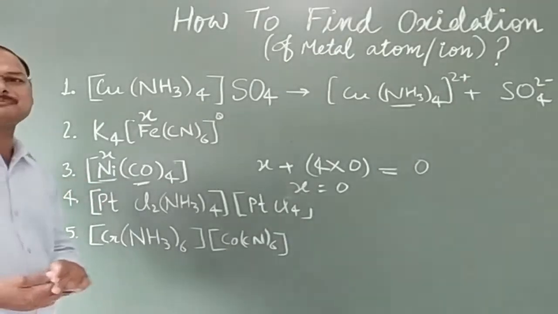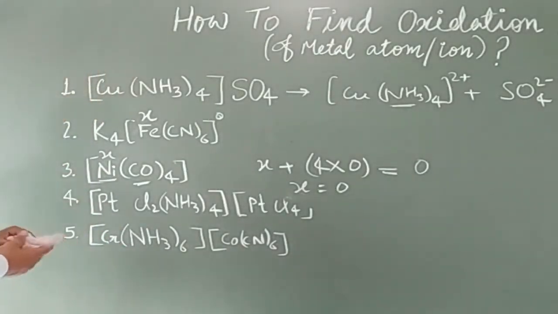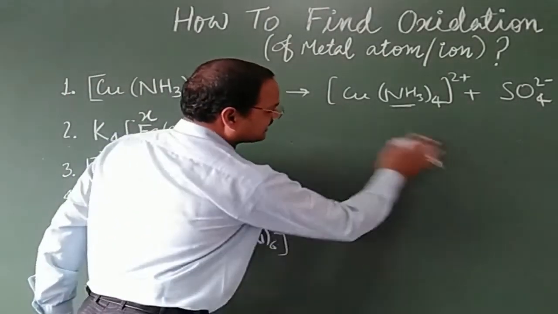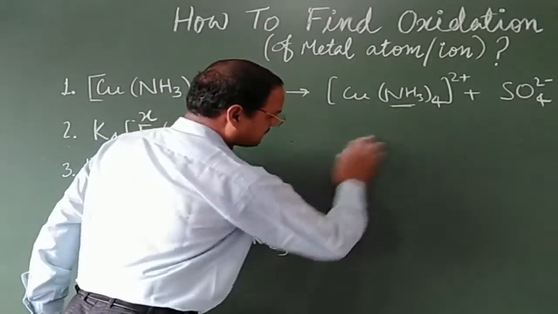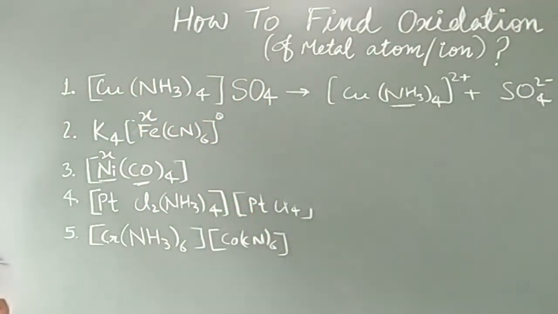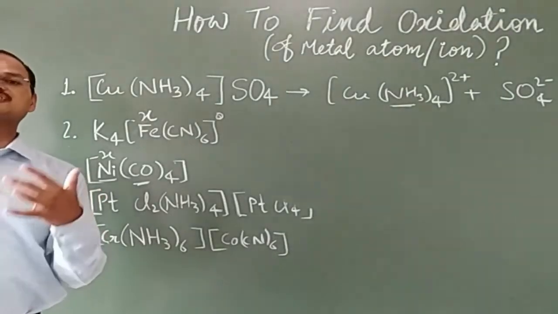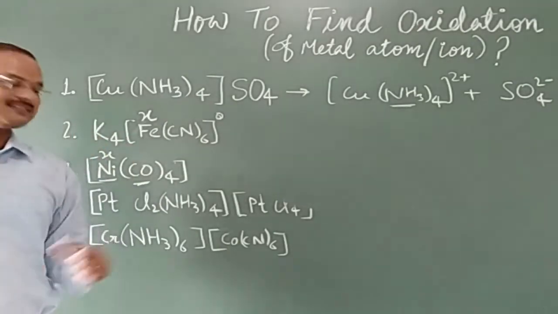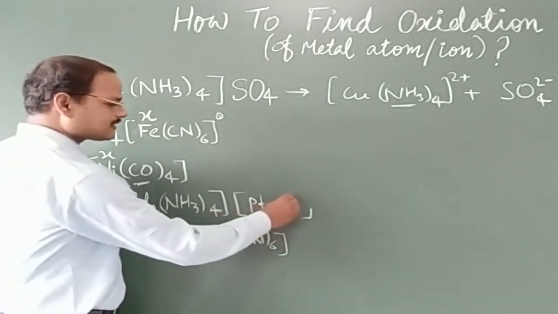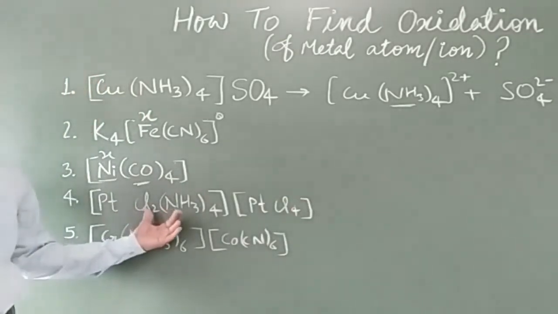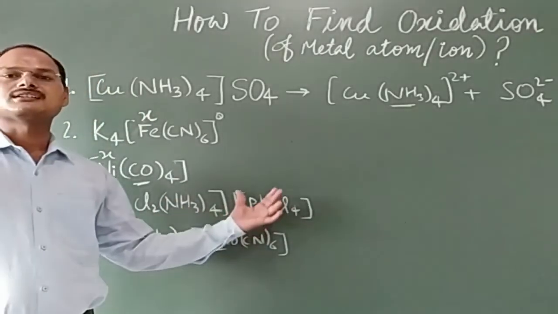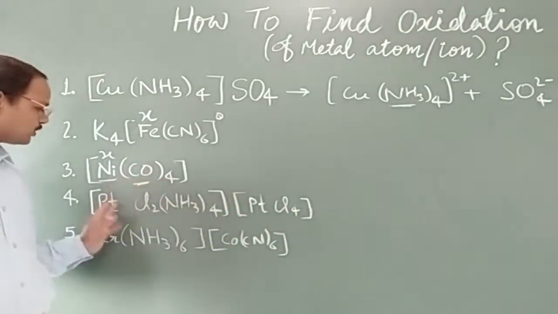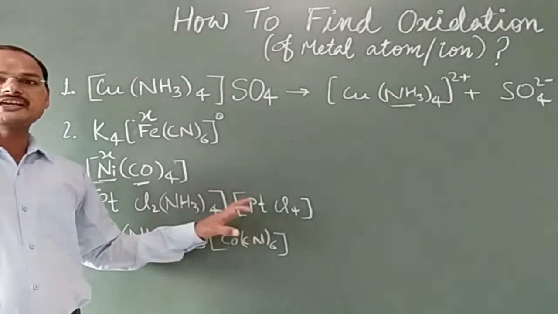Now see the fourth example. Here we will see some rules, because in this case we have to find the oxidation state with the help of a trick, because if 2 or more central atoms are given, in that case we have to find the oxidation state with the help of a trick. See here, as we know that in this compound both types of ions are complex, and to find the oxidation state for both metal atoms or ions we have to use some trick.